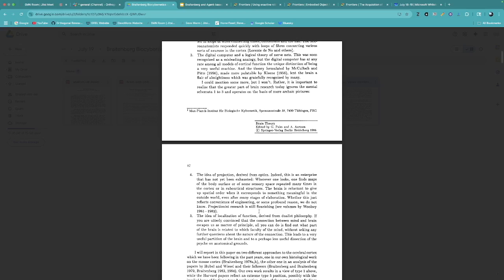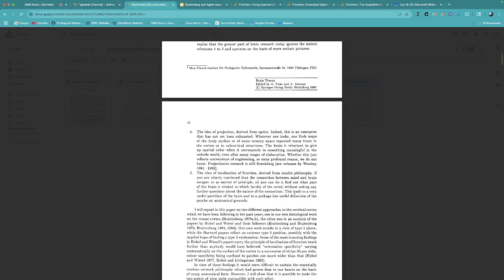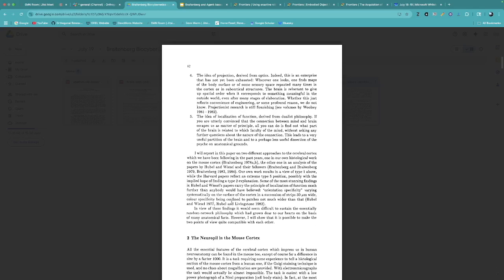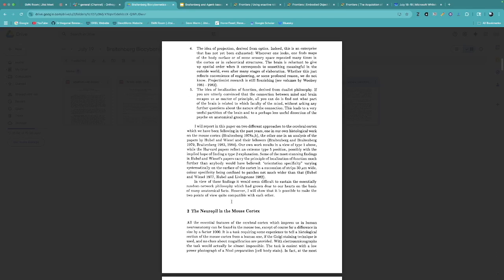Number 5, the idea of localization of function, derived from dualist philosophy. If you are utterly convinced that the connection between mind and brain escapes us as a matter of principle, all you can do is find out what part of the brain is related to what faculty of the mind, without asking any further questions about the nature of the connection. This leads to very useful partitioning of the brain and perhaps less useful dissection of the psyche on anatomical grounds. So he goes through these points,